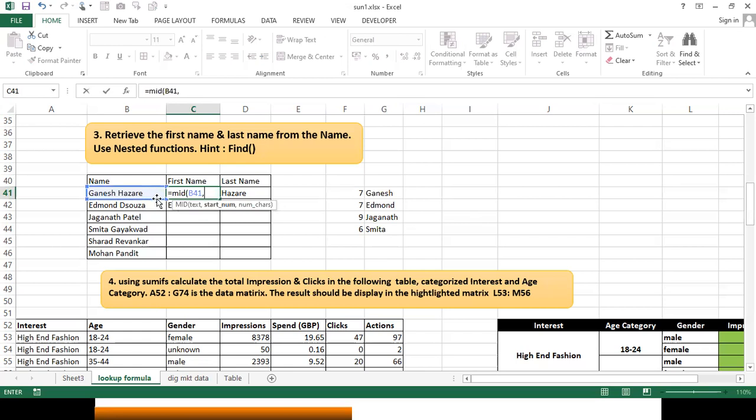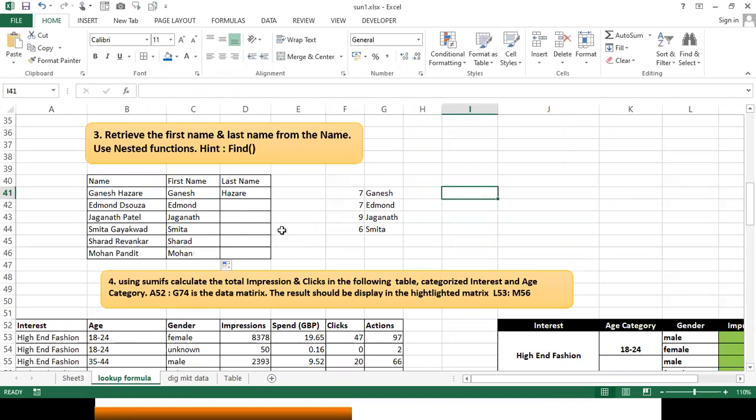From the first character, say, till FIND space, comma, this name, and close it twice. Does it give me the first names? I'll just pull this over here. Did I get all the names? Just look at what I have done. Write it over here for your reference.